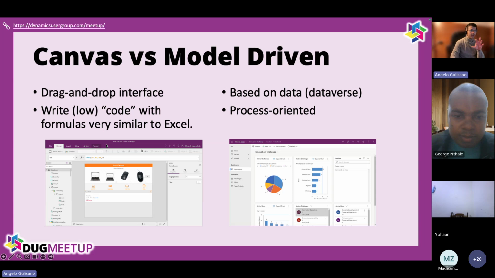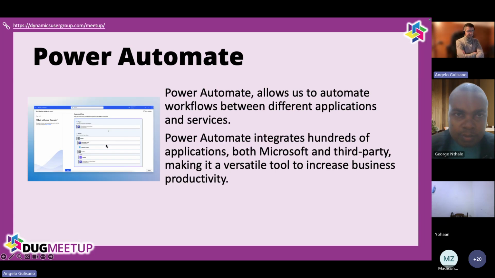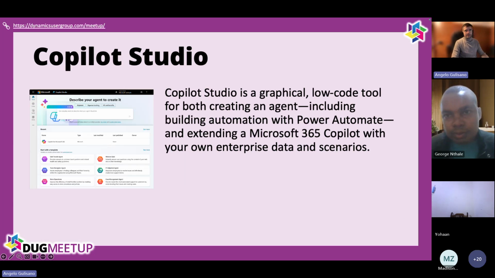Then is a really quick introduction. Power Automate allows us to create automation and workflow. We can integrate hundreds of application services from Microsoft, but also from third-party, with our connectors. And with Power Automate, we can reduce repetitive tasks such as sending notification, collecting data, synchronizing file, etc., without any programming skills. And last but not least, Copilot Studio.